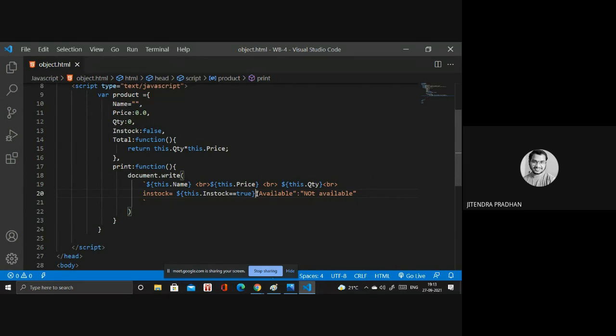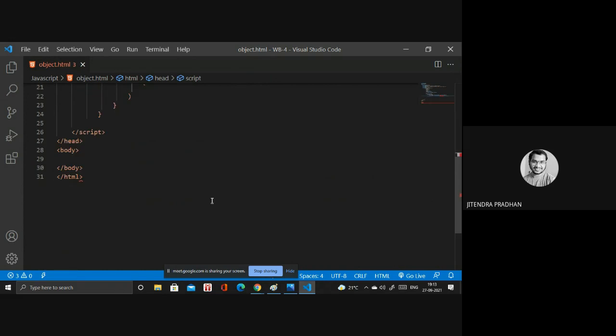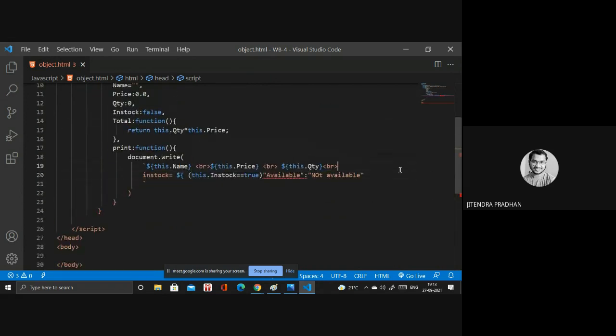This condition will be in the bracket. Okay, not in that. You have to end the curly braces as well. Wait, what is that? Done. Then we're getting an error as well. Wait, I will check the error we are getting. This dot in stock is equal to true, it's available. Yeah, we are not writing a question mark inside that, right? You have to write the ternary operator.